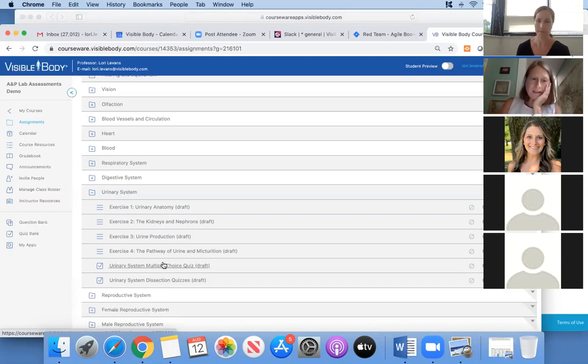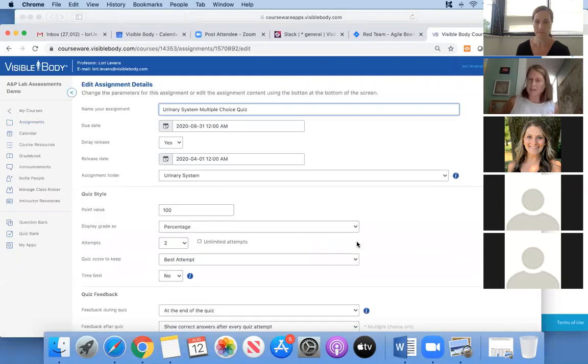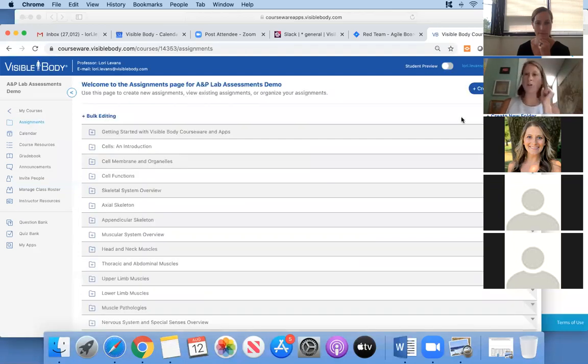So let's go ahead and take a look at the settings for this quiz again. Actually, you know what I'm going to do? I'm going to merge this idea with the next thing that I wanted to show, which is how do you assign an off-the-shelf quiz. So let's do that first, and then I'm going to walk through what all those parameters are. So we're going to assign a quiz, and we can pick